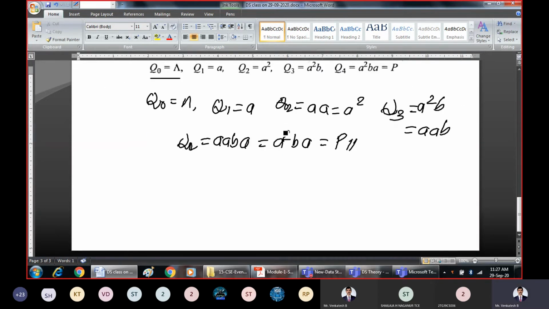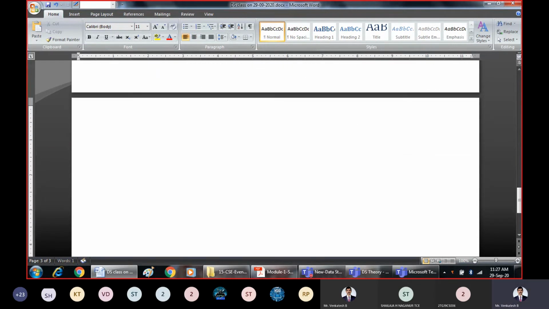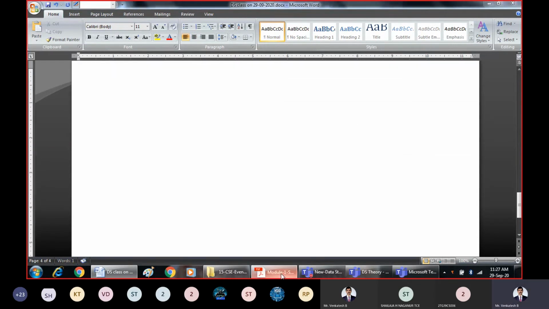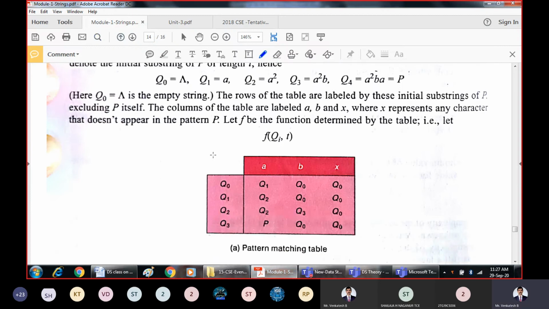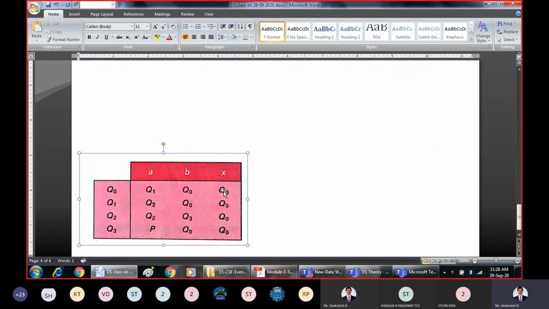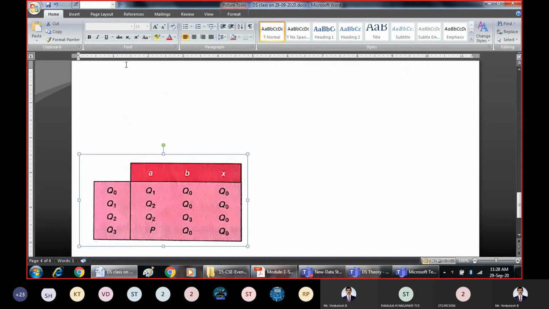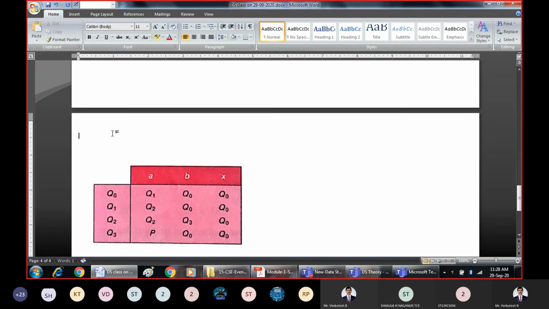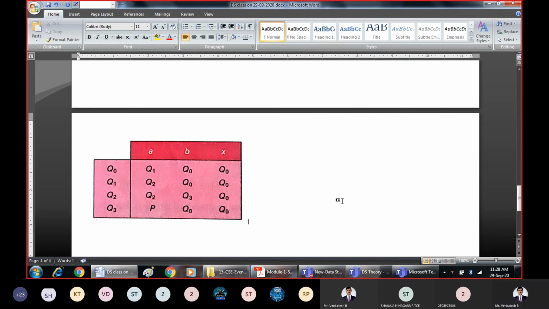So what we are looking for, this is our pattern. Based on this, we should write the table now. This table indicates the traversal. We'll copy it for better understanding purpose. Right? And what pattern are we looking for? We are looking for AABA. The pattern which we are looking for is AABA. And some states we have defined.